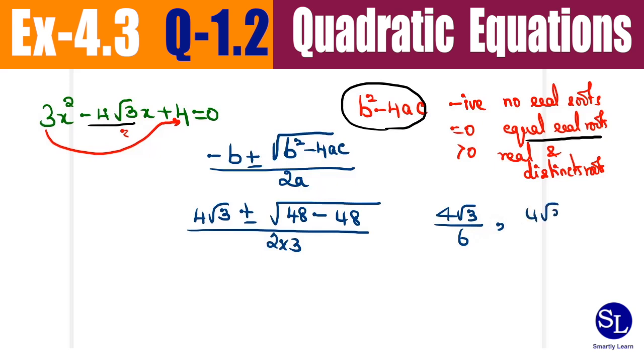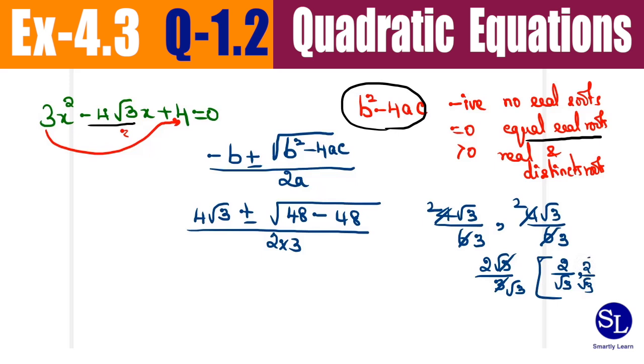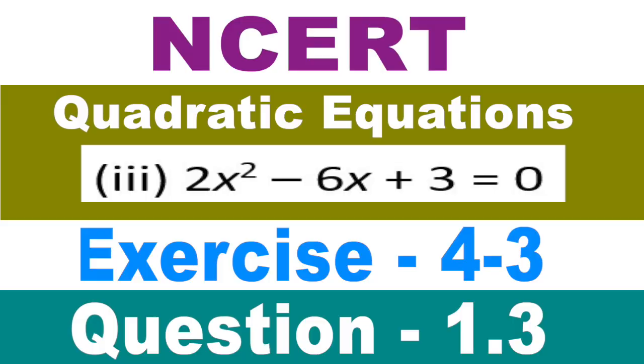So it is 4 root 3 by 6 two times, and you can simplify this like this. So this is 2 root 3 by 3, which can also be written as 2 by root 3. So you do 2 by root 3 two times, and which is what you got in the first place by doing a splitting the middle term. So whether you approach through the splitting the middle term method or the b square minus 4ac route, the answer will be the same. In the next video, we will see how to solve the third subdivision in this particular